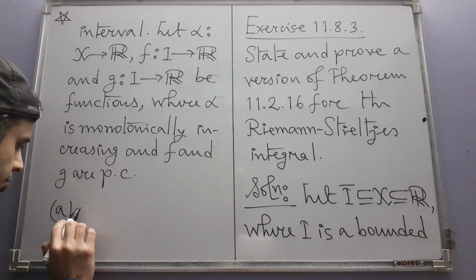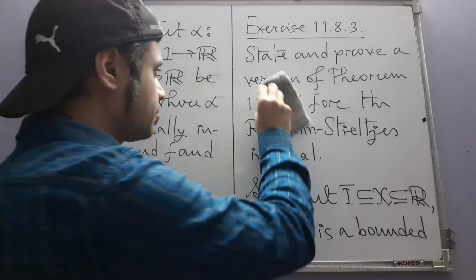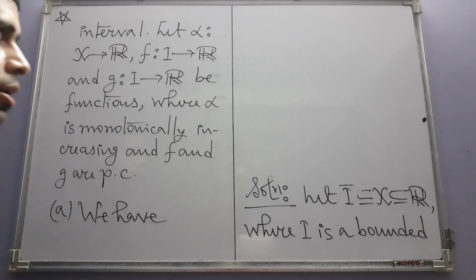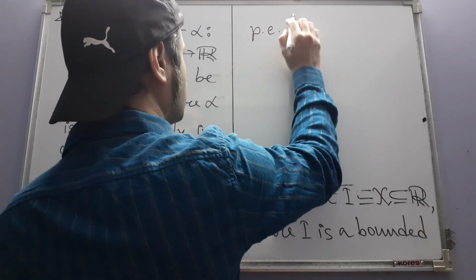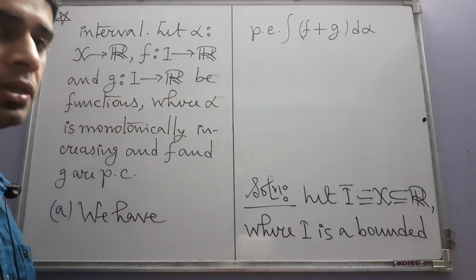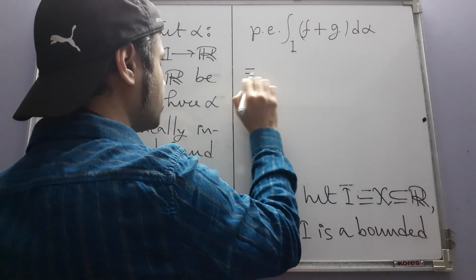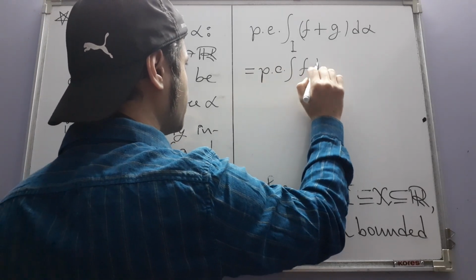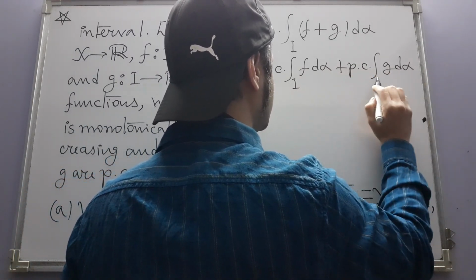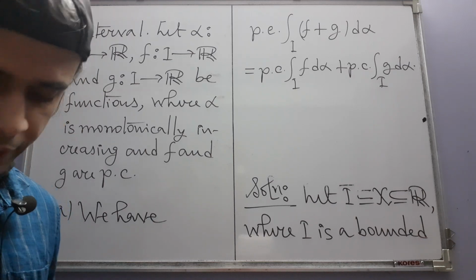Part A, we have the PC integral of f plus g, but do not forget PC Riemann-Stieltjes integral, so that d alpha will be there, over the interval I is equal to PC integral of f over I plus PC integral of g over I. So this was the first one, that is sum, and then